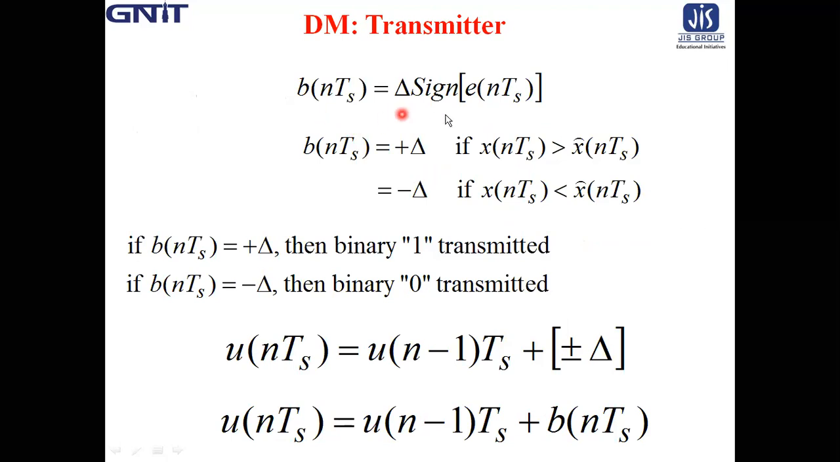See, b(nTs) equals delta times sign of e(nTs). So b(nTs) equals plus delta if x(nTs), that is the present sample value, is higher than the previous sample value. And if x(nTs) is less than x̂(nTs), that is the present sample value is lower than the previous sample value, then it is minus delta. So if b(nTs) is plus delta, then binary 1 is transmitted. And if b(nTs) equals minus delta, then binary 0 is transmitted. Therefore,